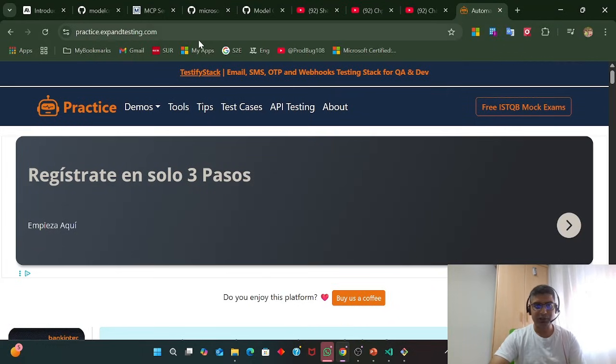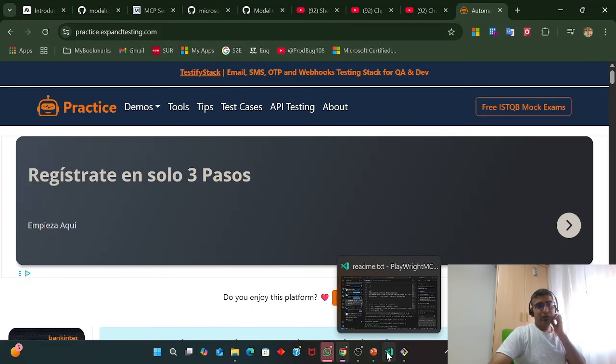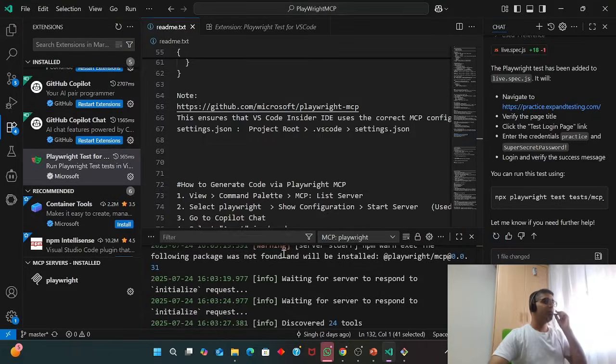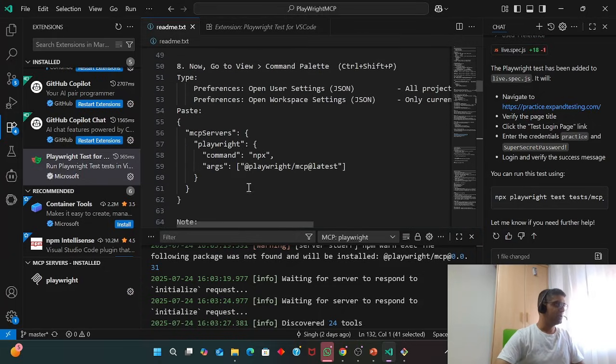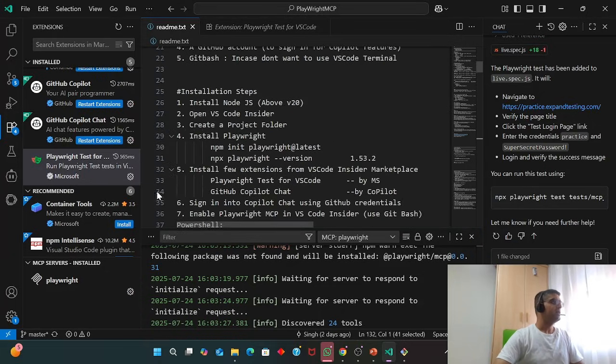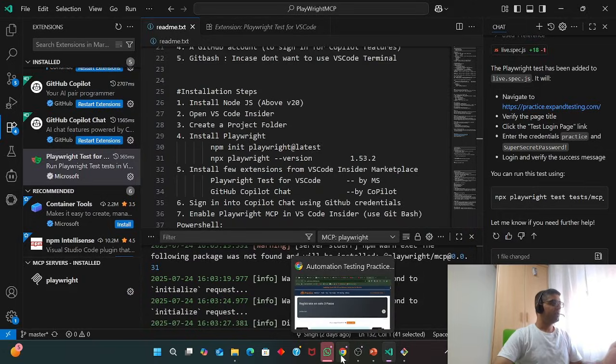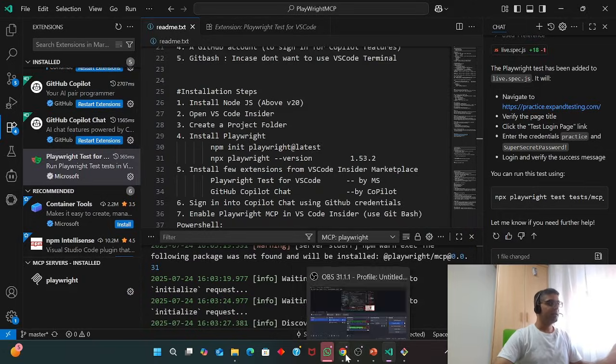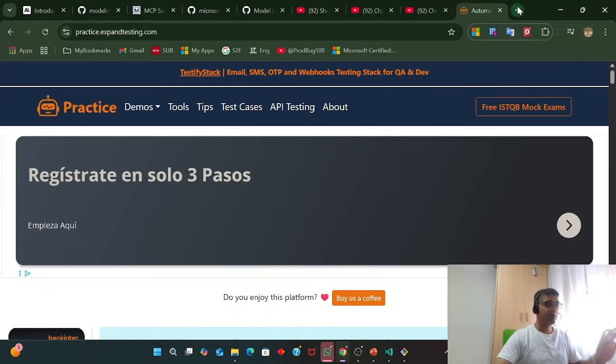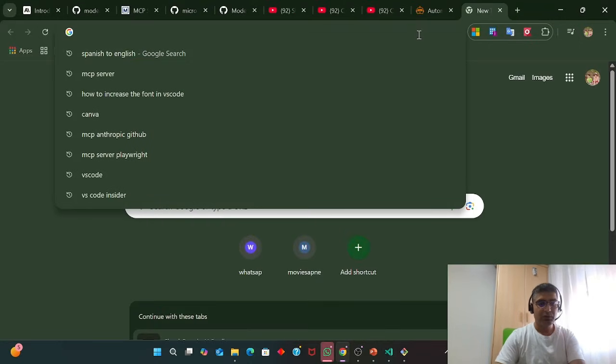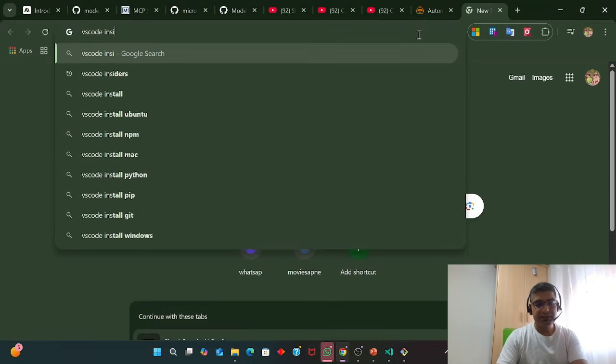This is what we are going to automate. Let me show you some of the coding part now. I will tell you the installation first of all. This is VS Code Insiders. This is not the regular VS Code. Very important to note. Let me show you VS Code Insiders.